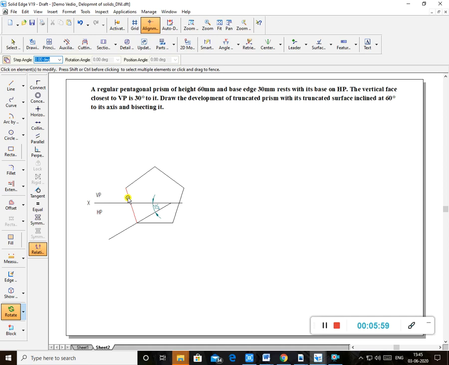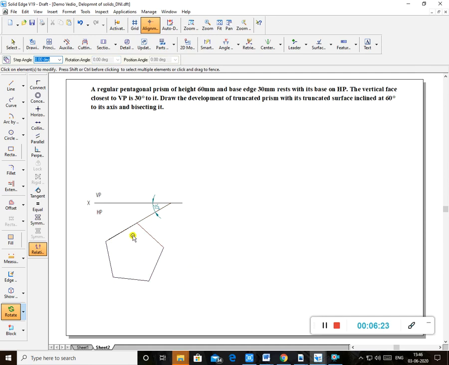Rotation. So I'll select the whole figure once again, all pentagon sides. This corner point of the pentagon should be here only, so I'll take this as the center of rotation. Now I want this line on this line, so I'll select this end and bring it here. Before keeping it, make sure the copy option is off. So I'll keep it here. So this is the position he wants.